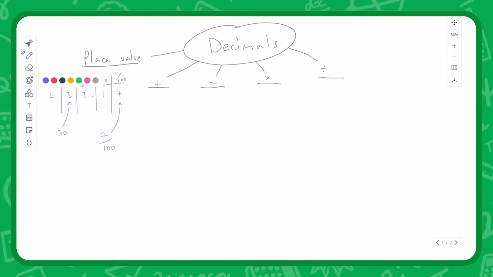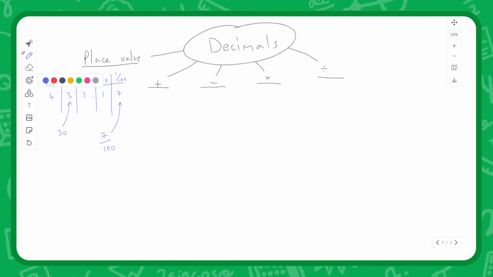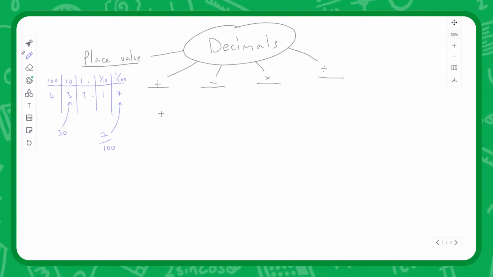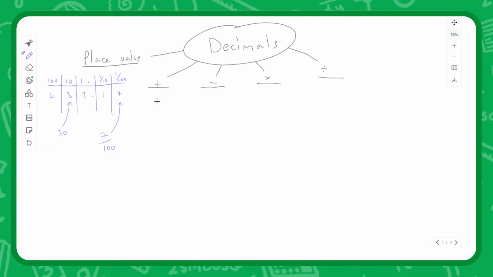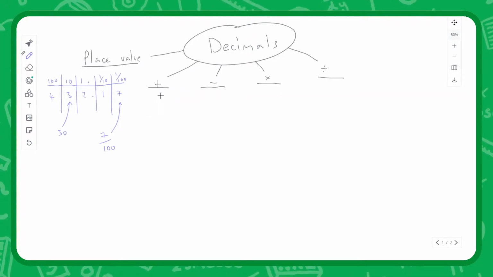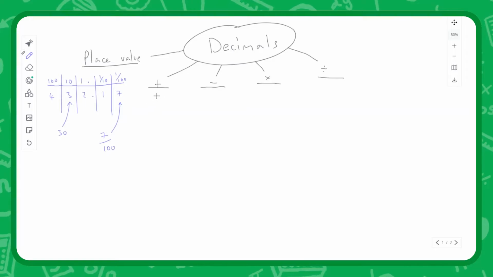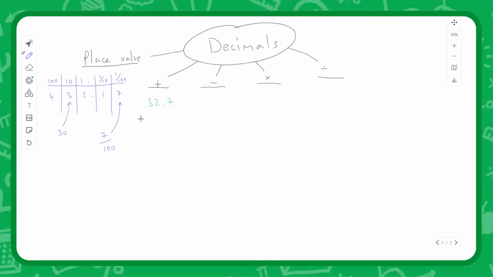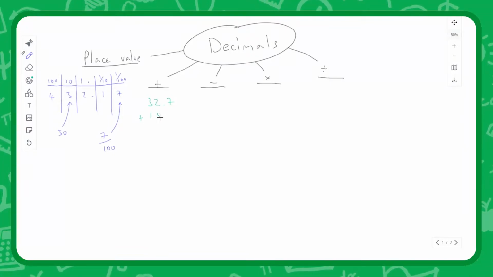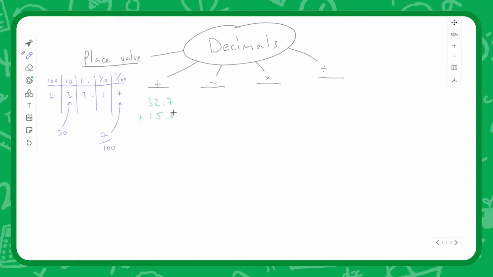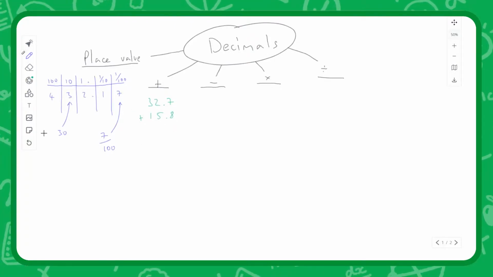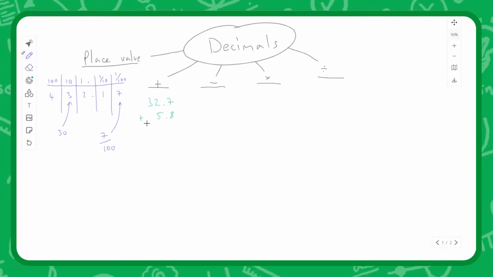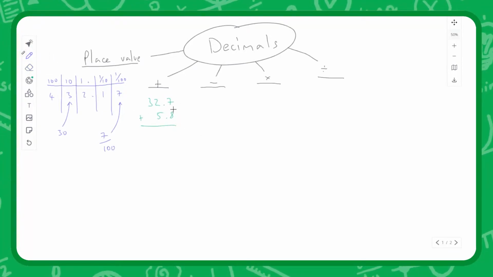So let's now focus on the operations. So let's do adding first. Well, adding decimals together is very much the same as what we're used to with regular whole numbers. So, for example, we could do, let's say we want to do 32.7 plus 15.8. Well, in this case, I might just simplify it slightly. Let's do 5.8. So in this case, all we're doing is, as we normally do, we just add the columns